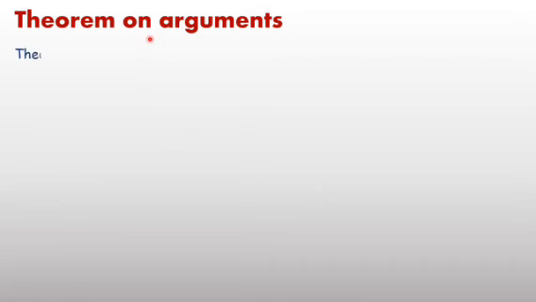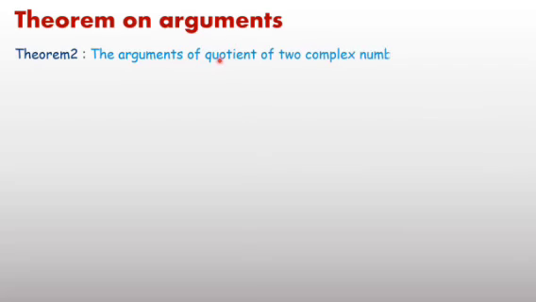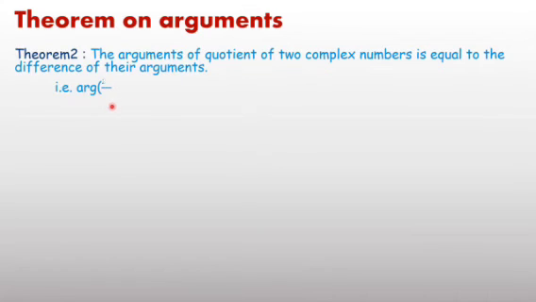Now, the next theorem: the argument of the quotient of two complex numbers is equal to the difference of their arguments. That is, the argument of z1 upon z2 is equal to the argument of z1 minus the argument of z2. Proof of this theorem: